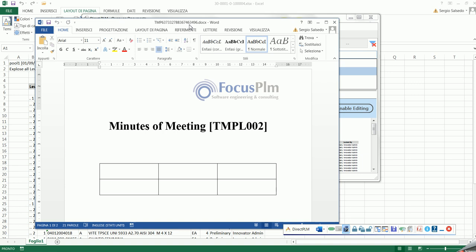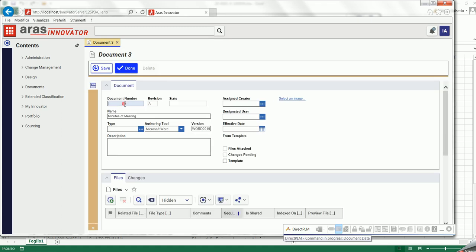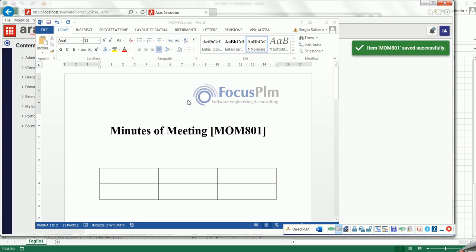So I need to define the identity of this document as we did in the previous use cases. So I could use document data to specify that this is a new minute of meeting, and I could change the standard description. I can save and close. The minute of meeting is properly renamed, and what is really nice and interesting with templates is that if you